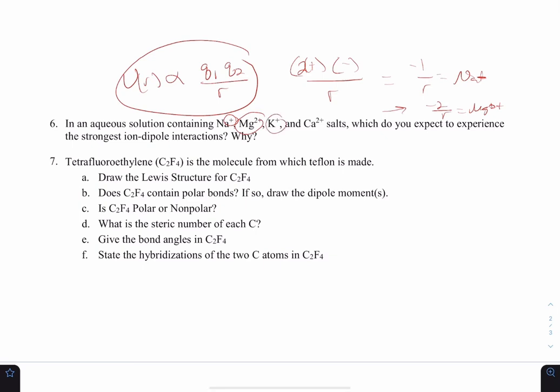So K plus is going to look like Na plus, but we'll see how it differs in a second. So K plus is also negative 1 over R, and then Ca2 plus is going to look a lot like magnesium because it's also got a 2+ charge. So that's going to be Ca2 plus. Now,